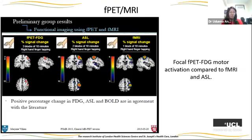So coming back to your second question about the subtraction technique and some of the challenges that I talked about, the signal that we're working with sometimes is on the order of 1% signal difference between the label and the control experiment. So what we tend to do is to do repeated measures. So we repeat that control label paired